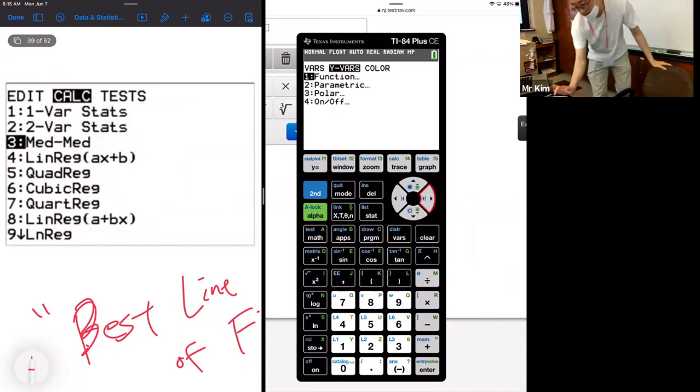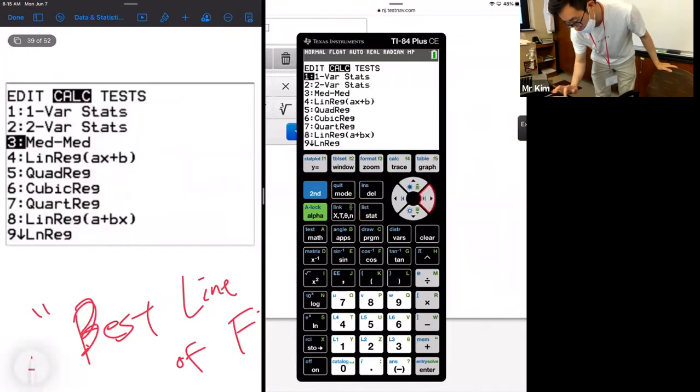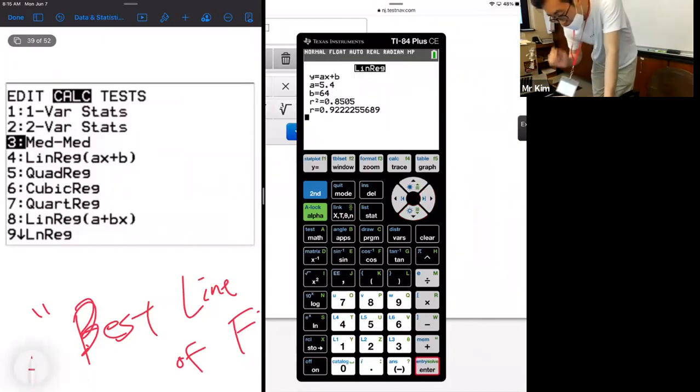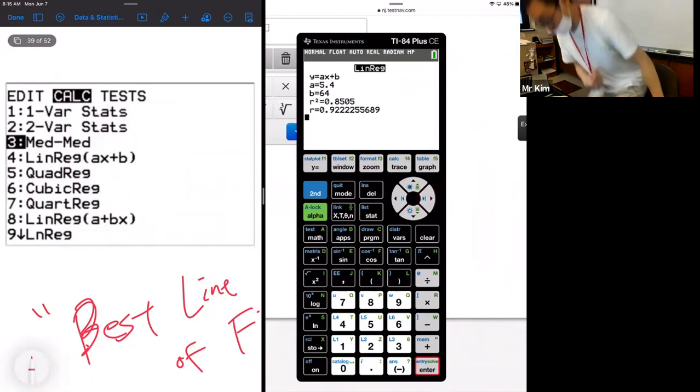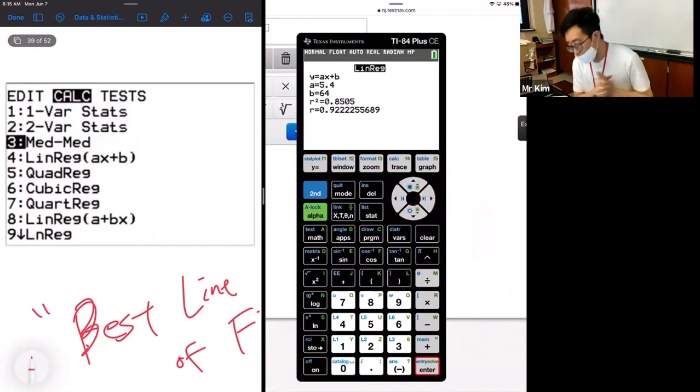So if you guys press calculate, okay. Maybe I need to do this one more time. Linear regression, list 1, list 2, store regression equation into the Y sub 1, and I press calculate. And then what it's going to tell me, okay, guys, this is super important right here. The R squared, the R values, that is the thing that we just talked about. The R is what we call a coefficient of the correlation, okay? And they also give you an equation, 5.4 for my slope and 64 for my y-intercept.